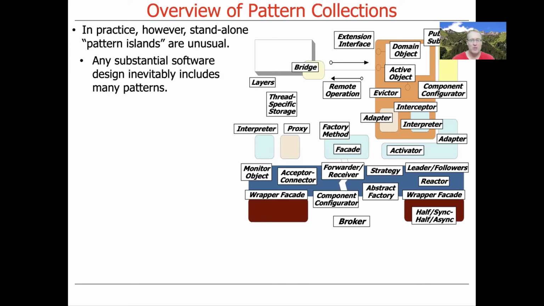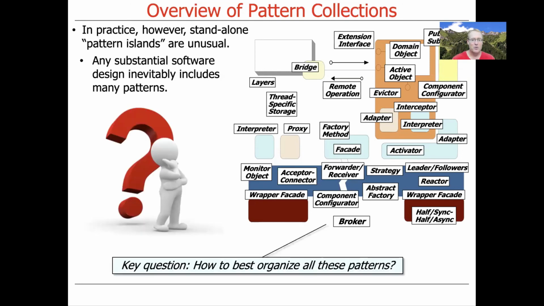For example, the diagram you see here comes from work that I've done over decades in the area of object request brokers and communication middleware. And as you can see, to build this type of middleware, which involves hundreds of thousands, if not millions of lines of code, there are actually dozens and dozens of patterns that work together to help guide and document and influence the way in which the software architecture is put together. So an obvious question that arises is, how should we organize all these patterns? Do we have to memorize them one at a time? Do we put them in a big book without giving much structure? What's the best way to organize things? So we'll turn our